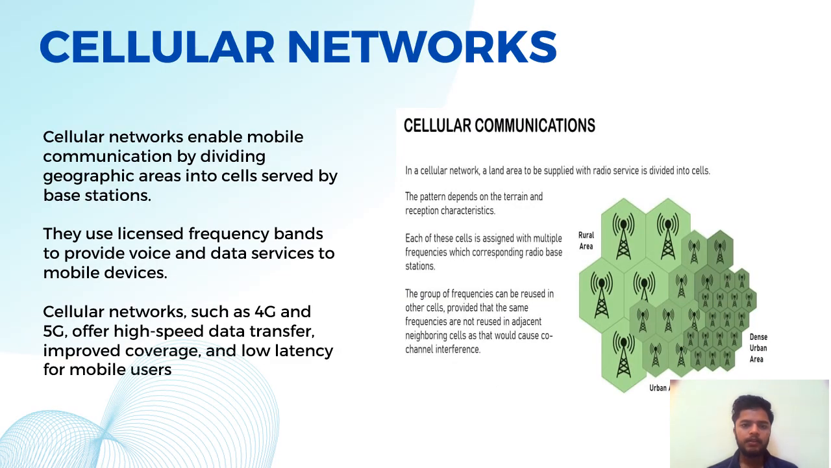Cellular networks. Cellular networks enable mobile communication by dividing geographic areas into cells served by base stations. They use licensed frequency bands to provide voice and data services to mobile phones. Cellular networks such as 4G and 5G offer high-speed data transfer, improved coverage, and low latency for mobile users, where